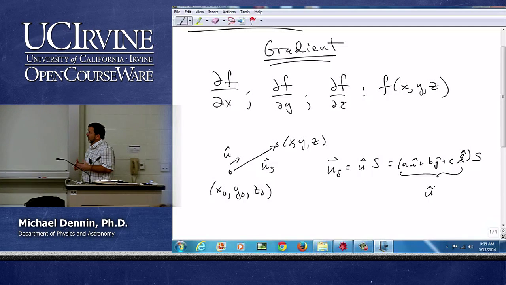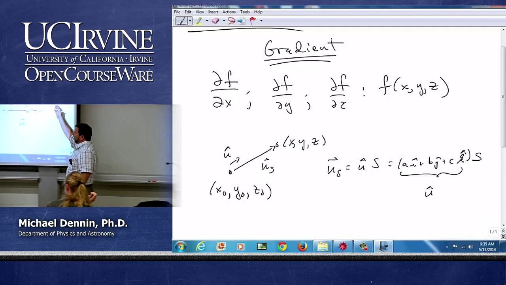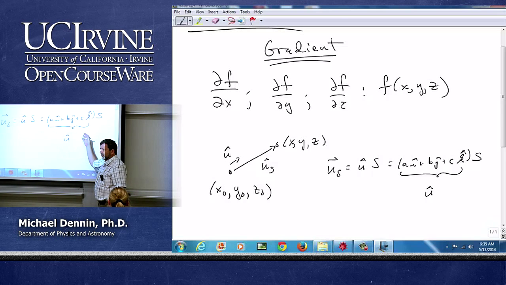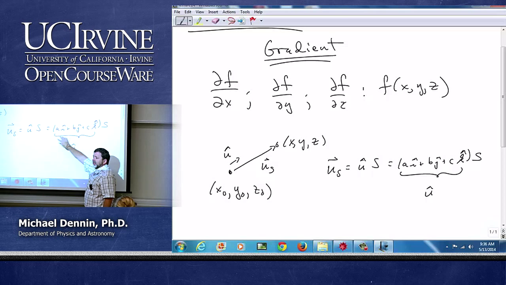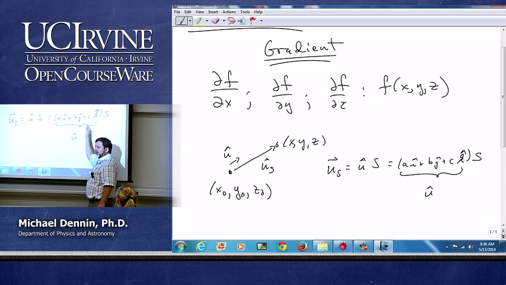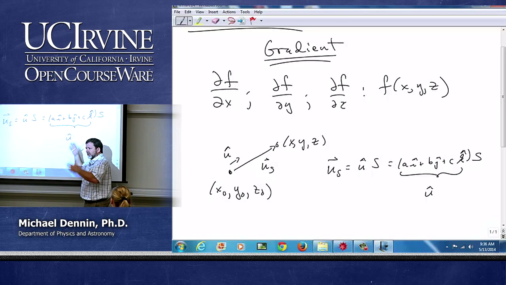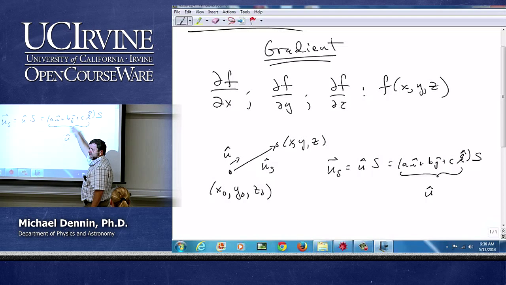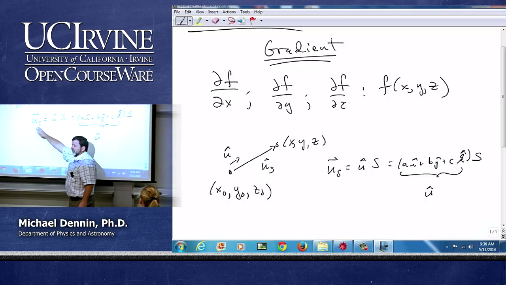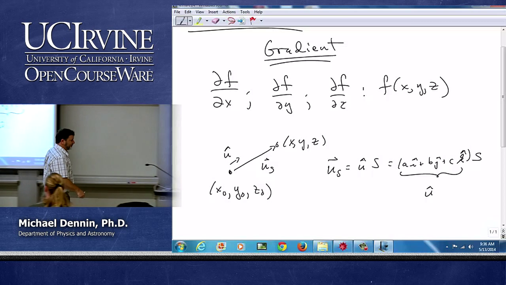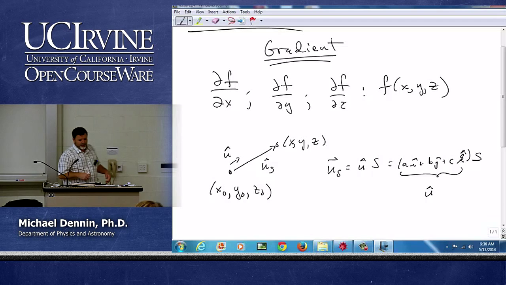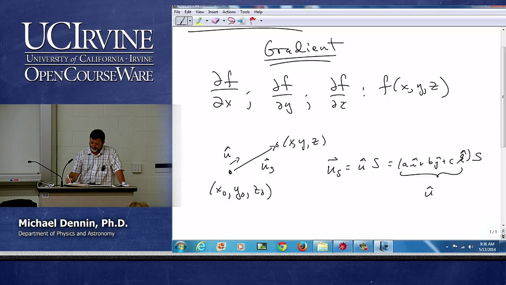So the coefficients a, b, and c are going to make this a unit vector for me in the direction I'm going in. They give me basically the direction, right? If I just added i plus j plus k, that's a single direction. I want some arbitrary direction, and that it doesn't even necessarily have length of 1. And then s gives me the magnitude of this little displacement that I'm going to make. And by constructing it that way,